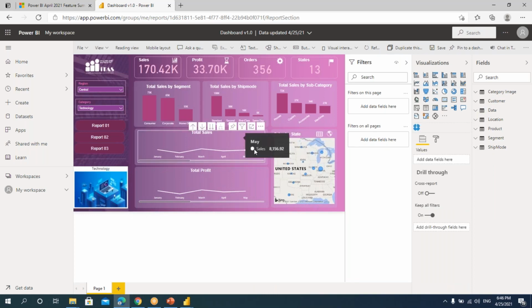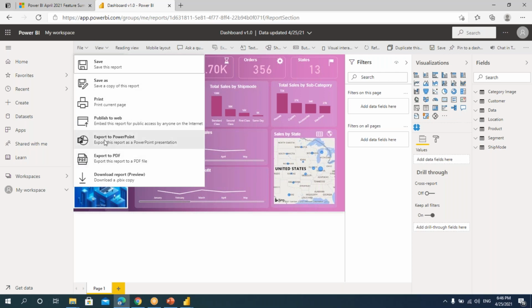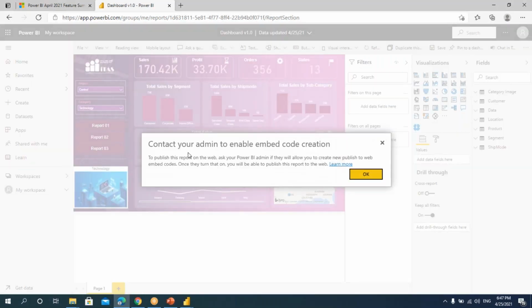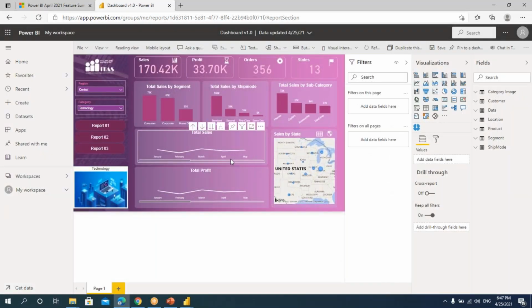Now, after doing all this, we can share this workbook. So how to share this? Let's go here and I'll say here we can import the data. Suppose if you think that I want to export it to PPT or to PDF, I can just export this as well. Then finally I'll say publish to web. For this we need to have some permissions. That is, we need to have the professional version, which I don't have as of now. So if you have the professional version, you can use this.